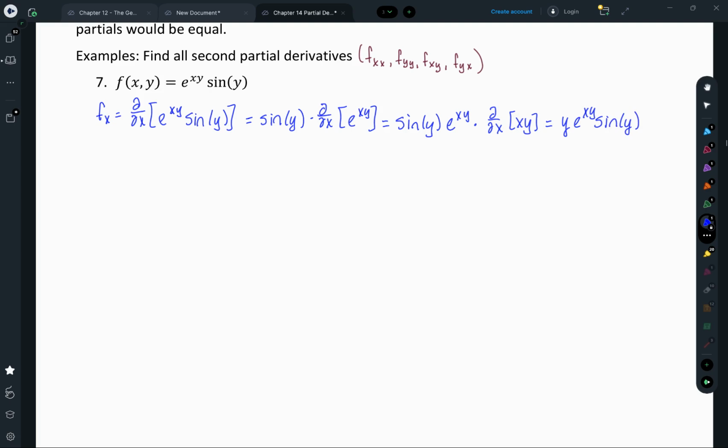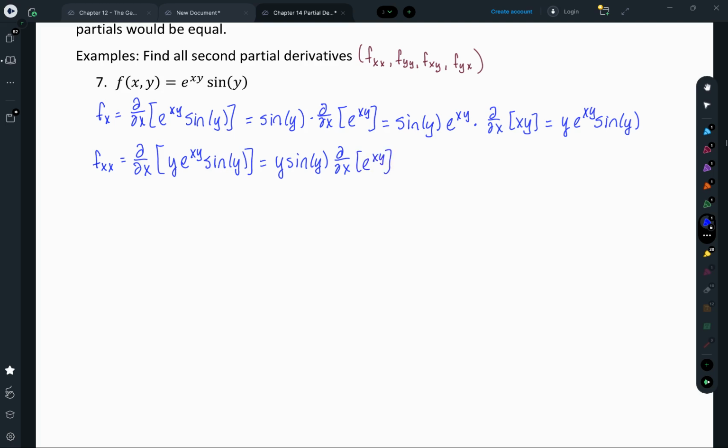Now I'm going to go ahead and get my f sub xx. So this will be the second derivative that I'll find. F sub xx means that I'm going to take del x of the result that I just got, which is the y e to the xy sine of y. Now again, the y and the sine of y, those are just functions of y, so they act like constants. I can pull those out in front, y, sine of y, and focus on taking del x of e to